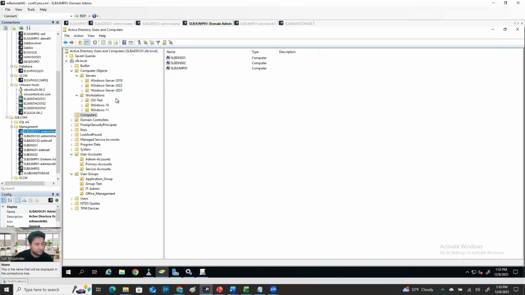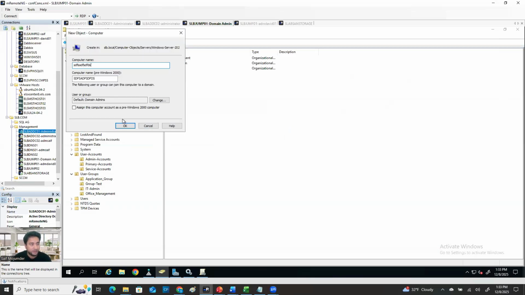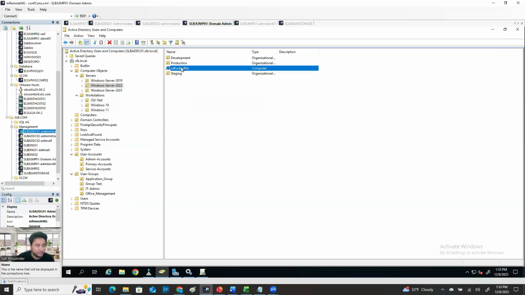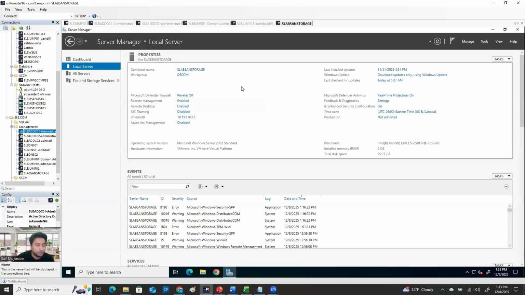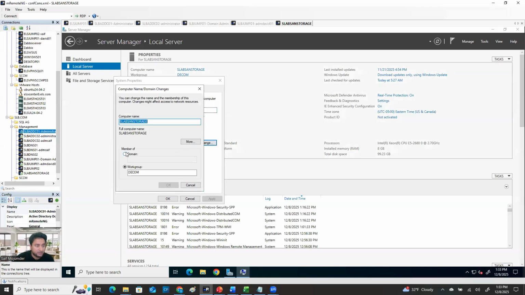if you don't pre-stage a computer object in any OU, pre-stage means you can just right-click, go New, and say Computer, type the computer name and create a computer object. That's called pre-staging. So if you don't pre-stage any computer in a specific OU, then when you follow the process of adding a machine to the domain, like this, click on the computer name, then Change name, then Member of and your domain name, like say slv.com. Sorry, our domain is .local. So automatically